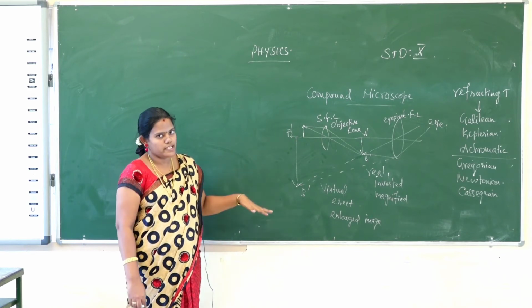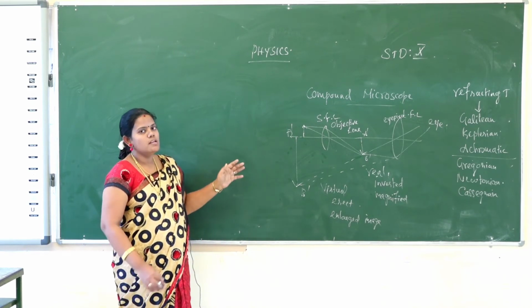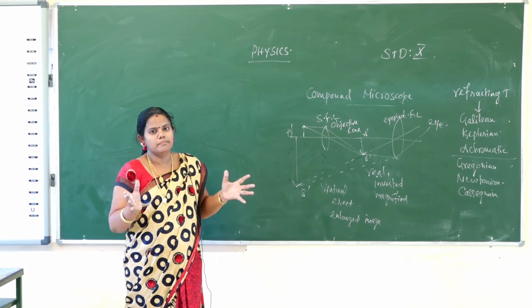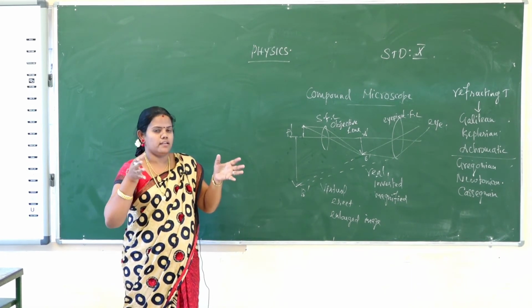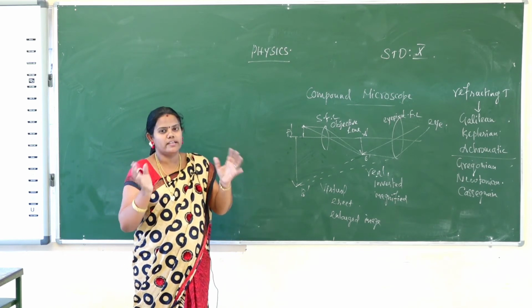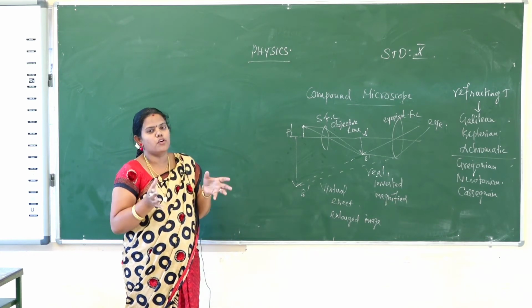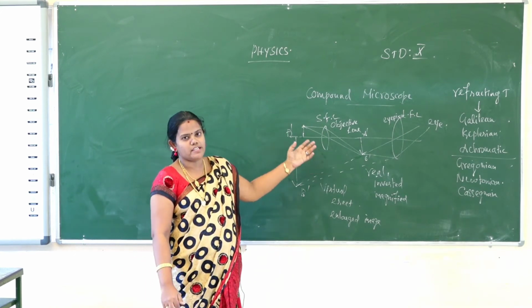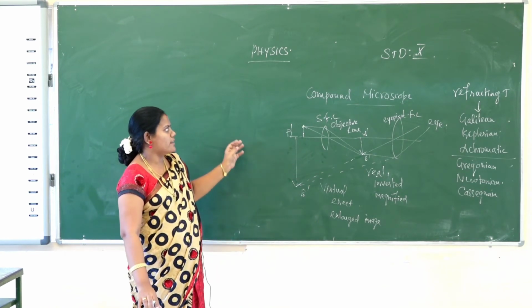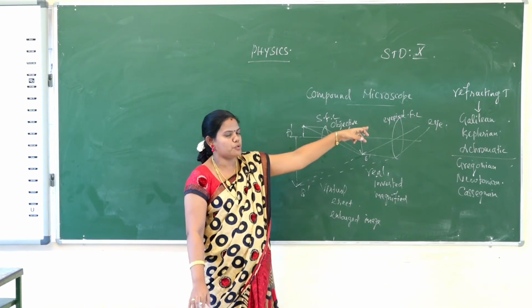If the focal length decreases, magnification increases. But beyond a certain limit, the distance between the principal focus and the eye lens does not decrease. We cannot decrease the focal length beyond a limit. So that is why we choose another microscope to view some objects. In the same way, the compound microscope is explained.